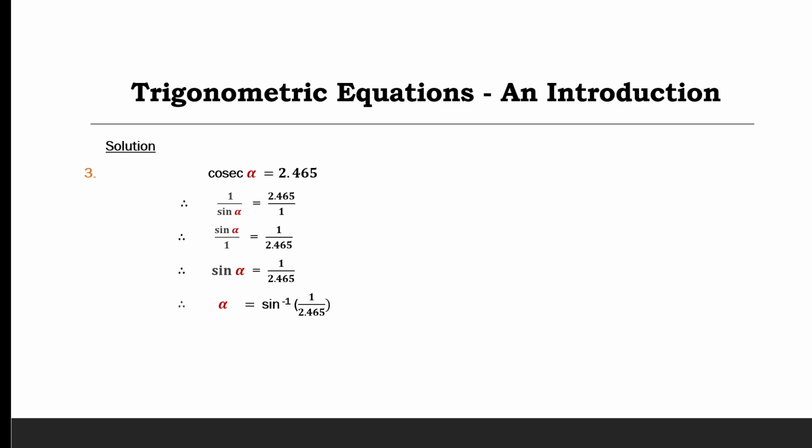alpha equals the arcsine of 1 divided by 2.465, and punching that on the calculator would yield us 23.9337 degrees, and that makes alpha equal to 23.93 degrees